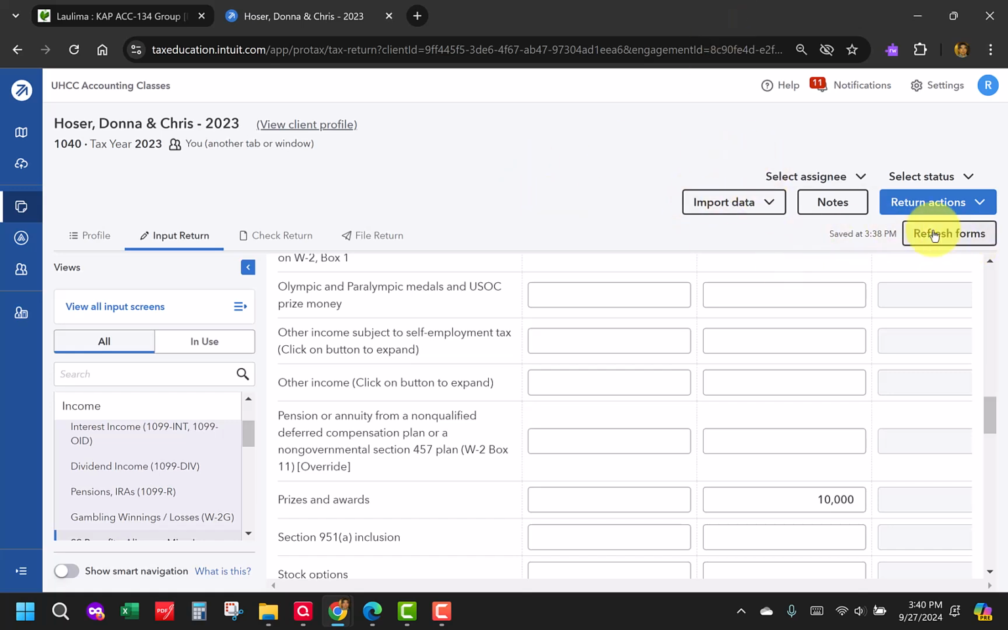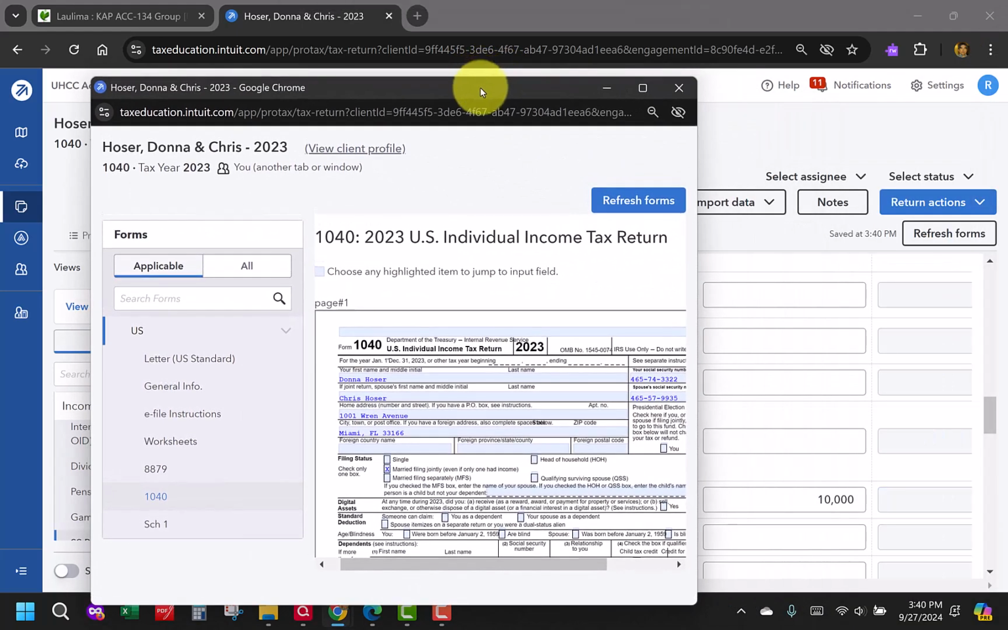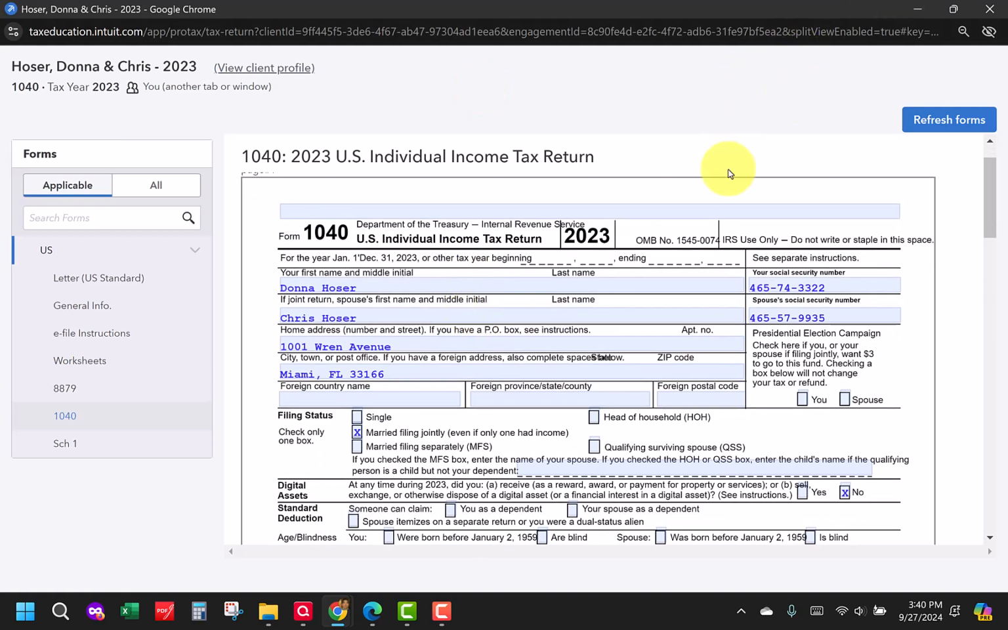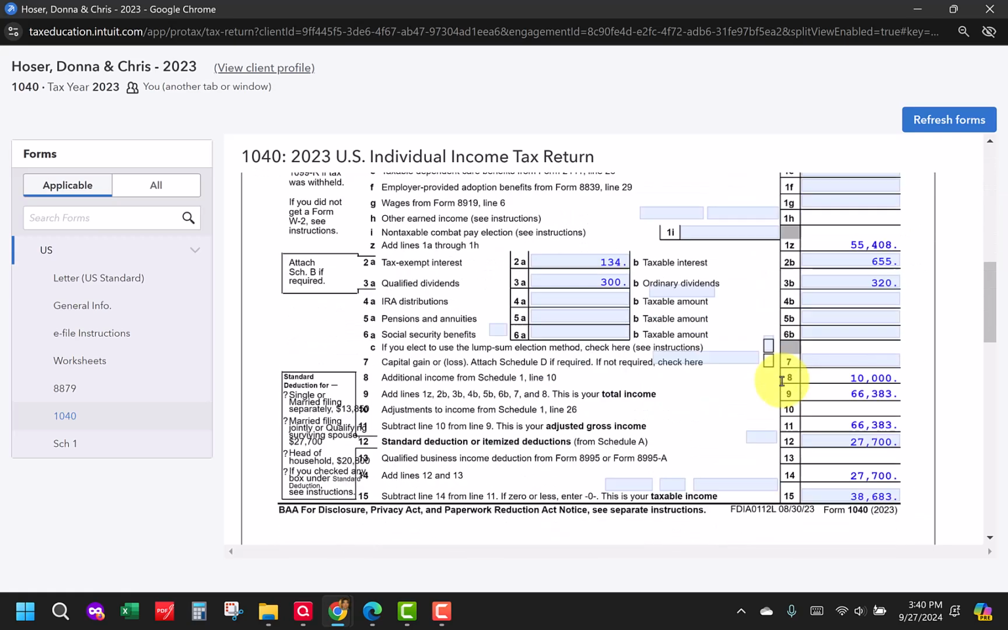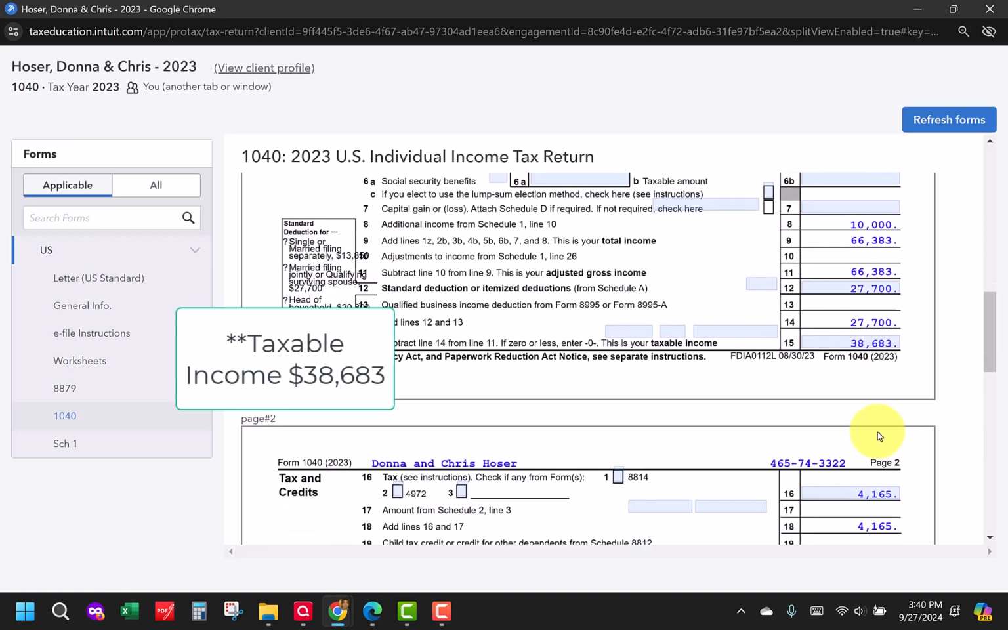Let's take a look at the return here. I can refresh the forms, and it should open up that same window we saw before. And let me compare it to my answer key. And you'll see, I'll post up the answer key so you can compare it with your tax return. I'm just looking at the totals here. Taxable income of $27,700. Tax of